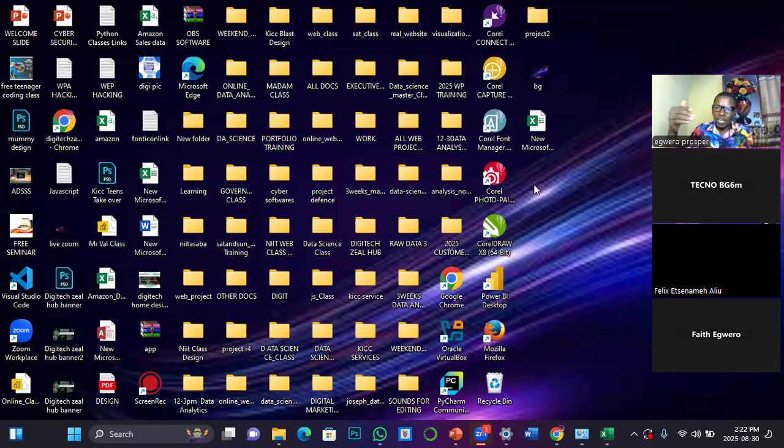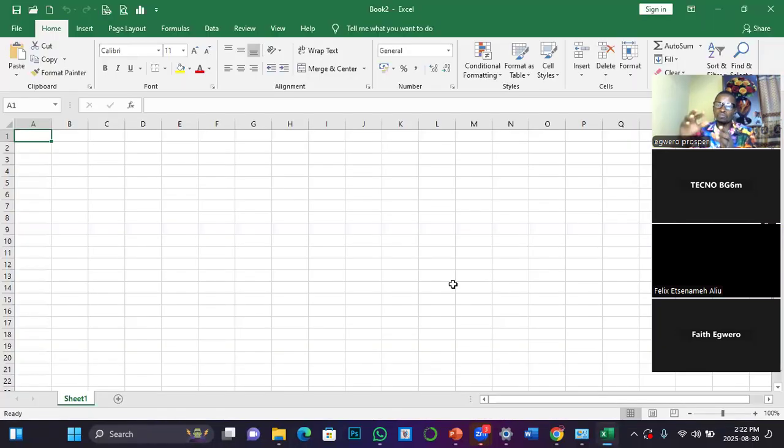Now, the type of window you are seeing is attributed to what? The application you are in. Just like I said, now this is the Microsoft Excel window, because this is Excel. So the topic is Microsoft Excel window familiarization. How do I understand this environment? The Microsoft Excel window is broken into different segments, and you, as a professional user of Excel, are expected to understand the role and function of each of these sections.